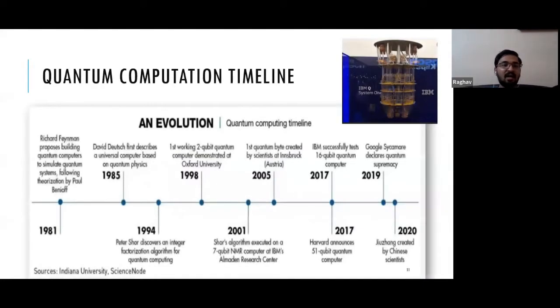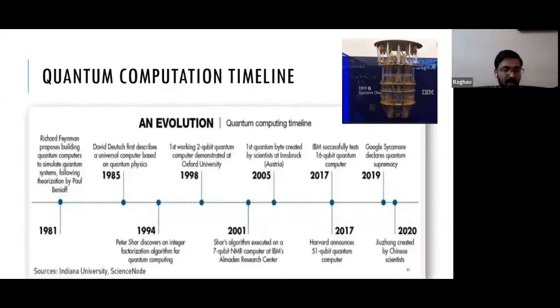So let us see how quantum computation came about. As is clear from the name, it is made up of two words, quantum and computation. So computation done or exploited using quantum rules or quantum mechanics is called quantum computation. So how did it start? It started in 1981 when Richard Feynman proposed the idea: why don't we simulate quantum